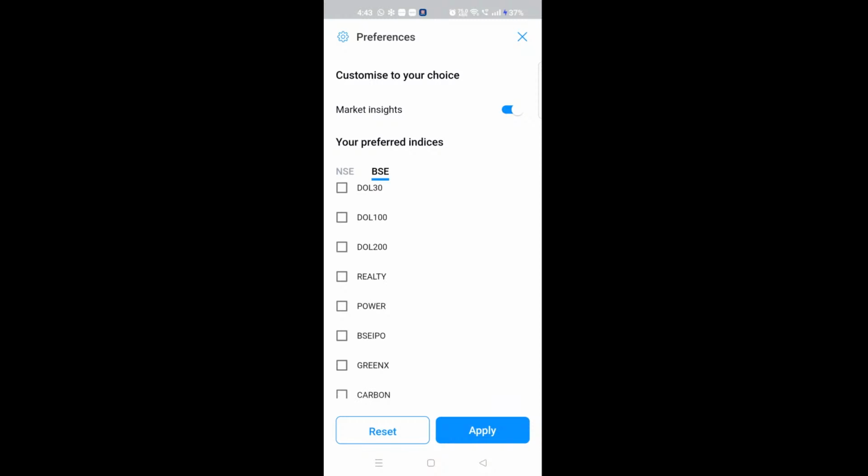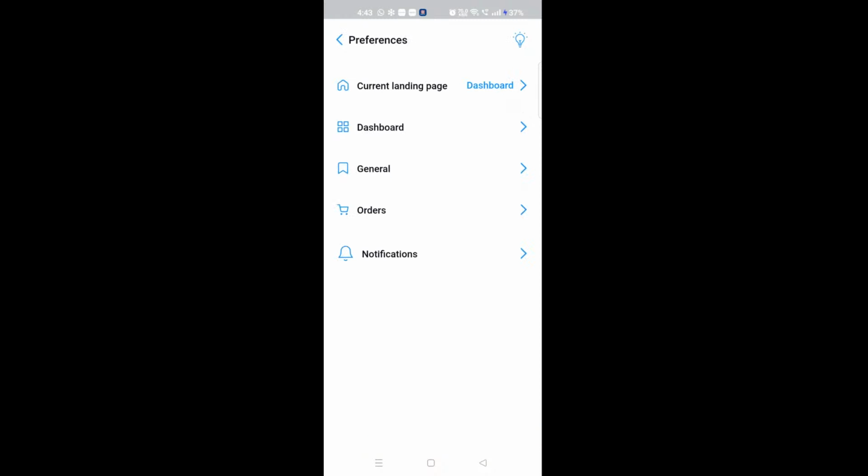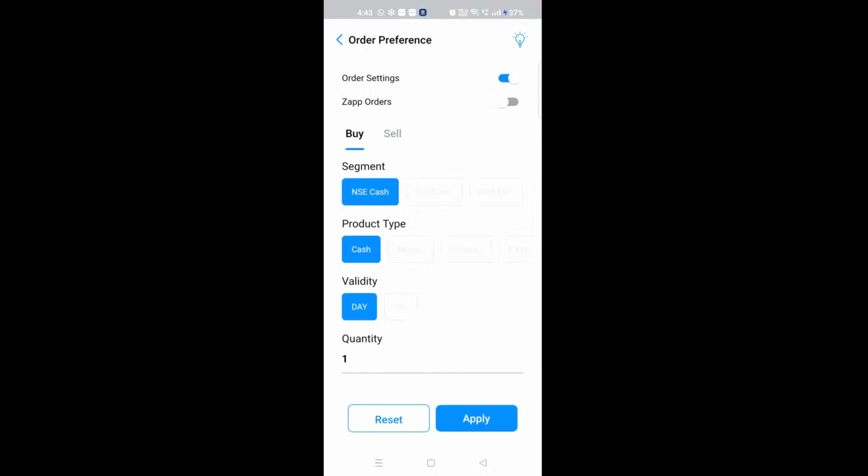Orders, one part I have shown you, wherein you can have your pre-filled orders. Now the most important, or the best part about the app, especially for the traders, I'm highlighting, this is your Zap order. Zap order is the fastest possible one-click order. If you enable it,